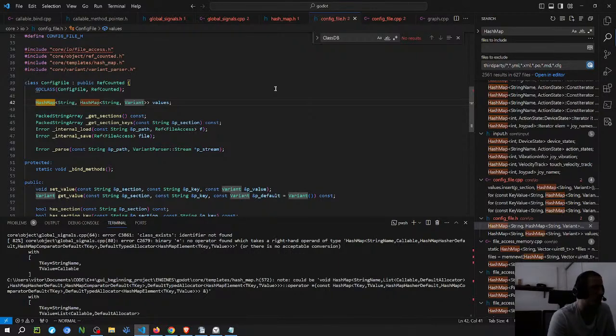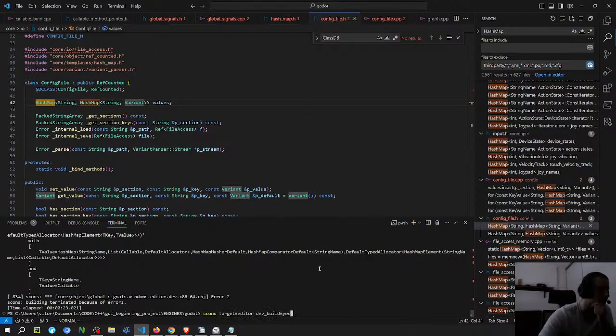But I think it makes it a lot easier. One thing that I can do is just test. So I'm gonna run again to see if the other errors go away.